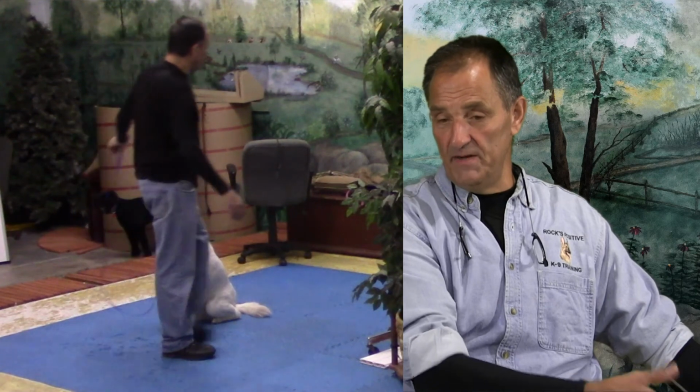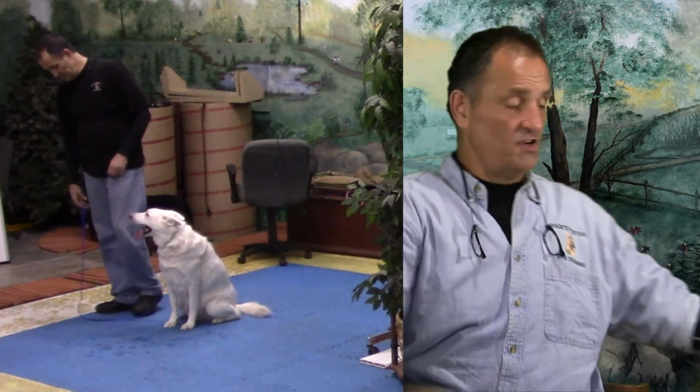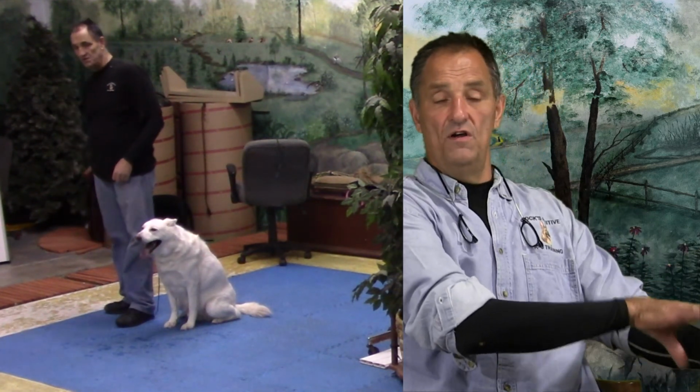It's just a pet, a pat, and as you do the next pet, because you've told him good, you're going to scoop your hand up under the leash and take your hands out to your side like that, because you want the leash resting on top of your hand. And then you're going to put the leash to your back,